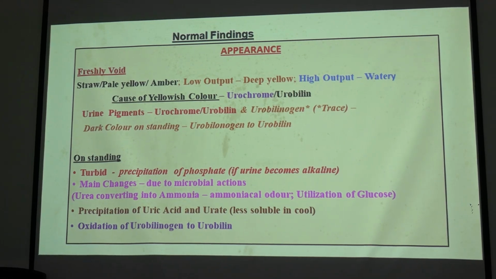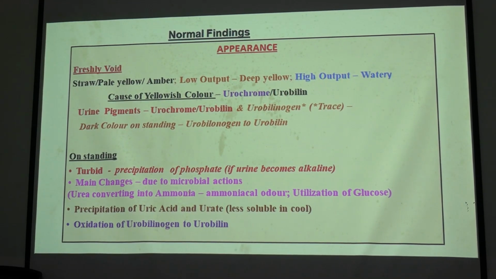So it will be at least pale yellow or amber color, normal. Now at times you might be traveling, suppose Kolkata, suppose Dharampur, a long distance of 3 to 4 hours without water, or during summer you have seen the urine is slightly dark yellow. In a normal person, the volume is less and the color is a little bit deep yellow. But similarly, if you take a good amount,